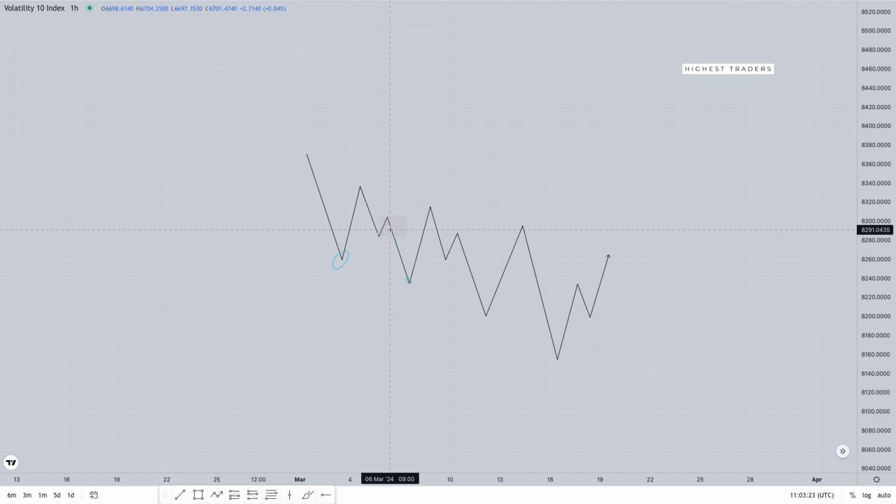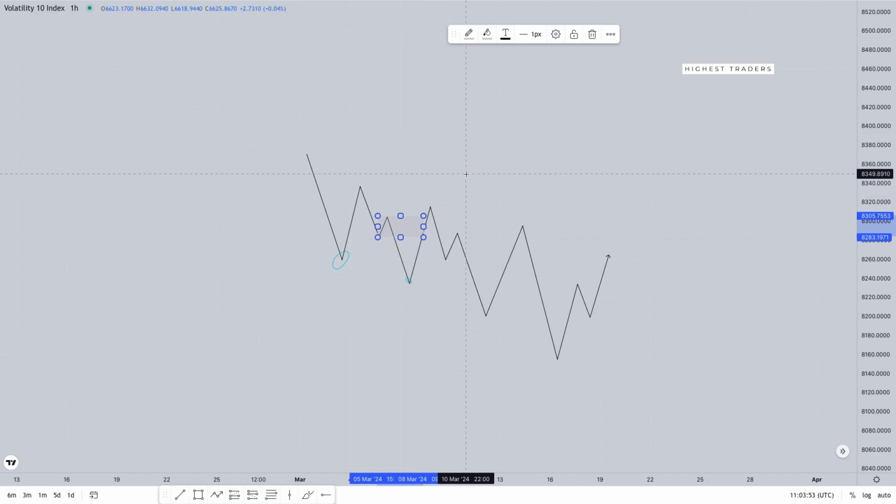So the first significant pullback that you get after a break of structure is what is referred to as the inducement. And just like the definition says, it persuades people into doing something, right? We also know that those things we look for price to pull back to after a break of structure persuade us or give us the confidence to execute our trade, to join the trend. So why is this inducement and why is it called a trap in smart money? It is called a trap in smart money because it is also referred to as internal liquidity.